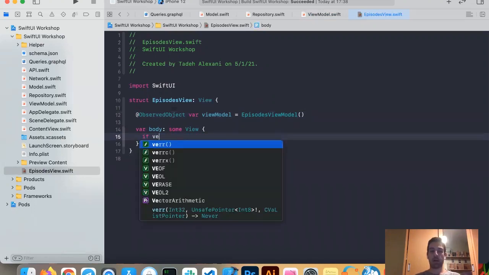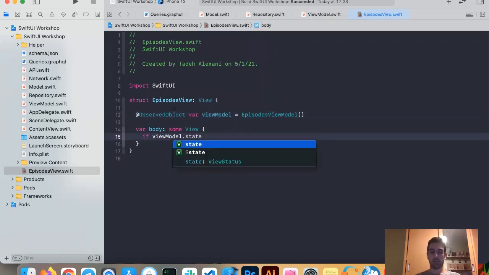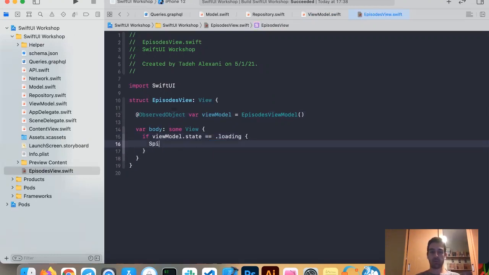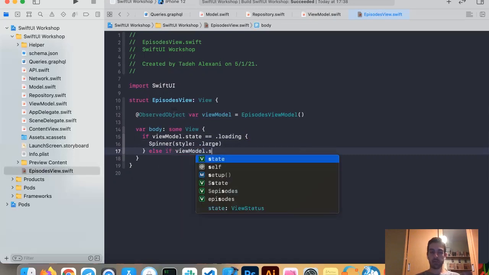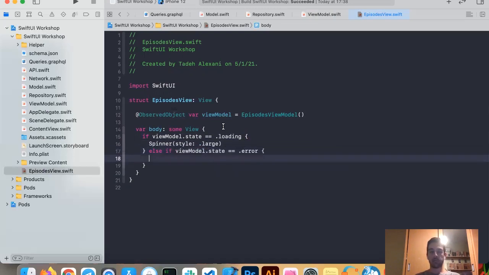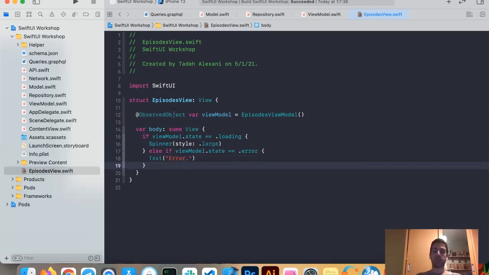For example, if our viewModel.state is loading, we want to show a spinner with a large style type. Great. Else, if our view model state is in error state, we just want to show a text called error. This is one of the items of the checklist I provided in the GitHub link below. Make sure to check it out and make changes to this code so it will show the error gotten from the server. And else, if everything is okay and our view model state is complete,